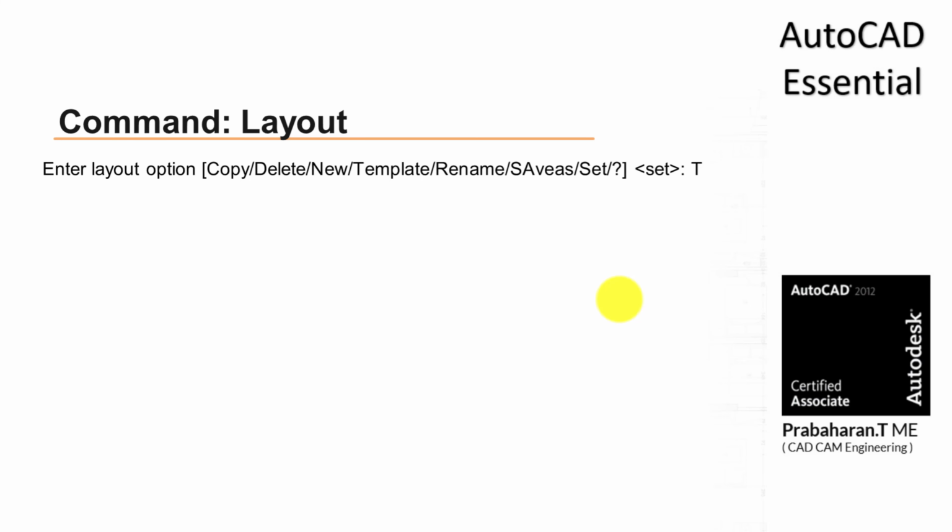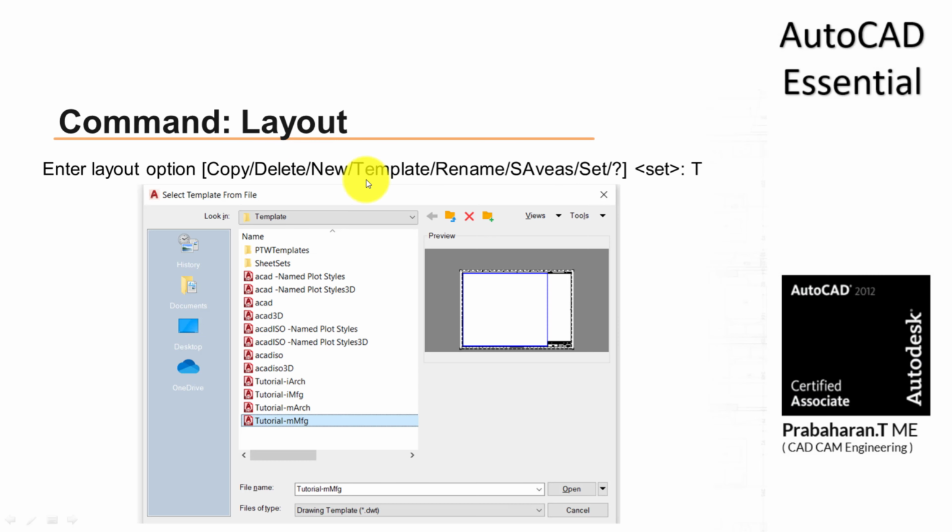For that we need to go for the templates. The templates are available under the layout command. Once you go to the templates, you can get the standard templates. So choose this template and inside this template bring our diagram. Okay, right. For civil engineering, generally we will use the tutorial metric arc, which means metric architectural design.